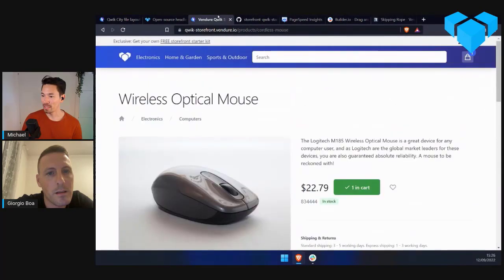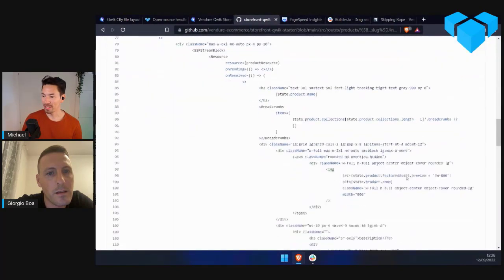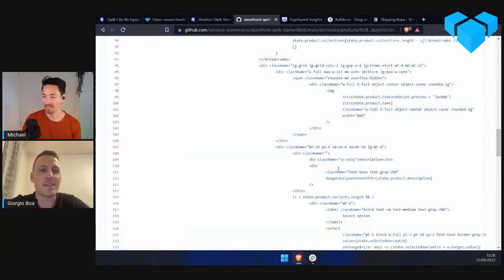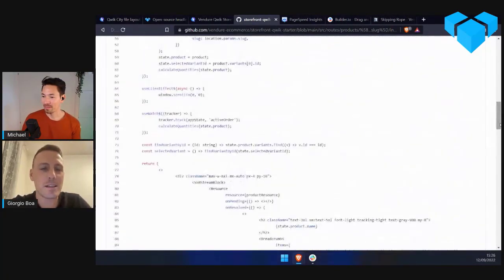And what was nice is because Qwik is using JSX and we built it with Tailwind, you could pretty much just copy paste most of the stuff from a Remix project or a React project, and paste it into Qwik components, and it more or less just works, right? Yeah, more or less, yes. I started from the Remix storefront, and then I created the Qwik one. But for me, it was, let me say, quite easy.